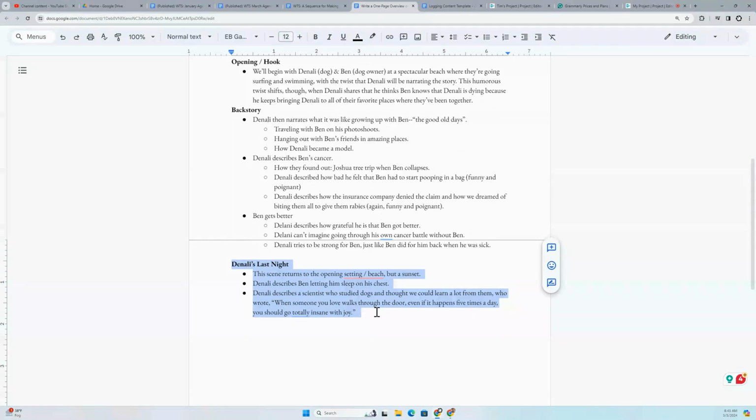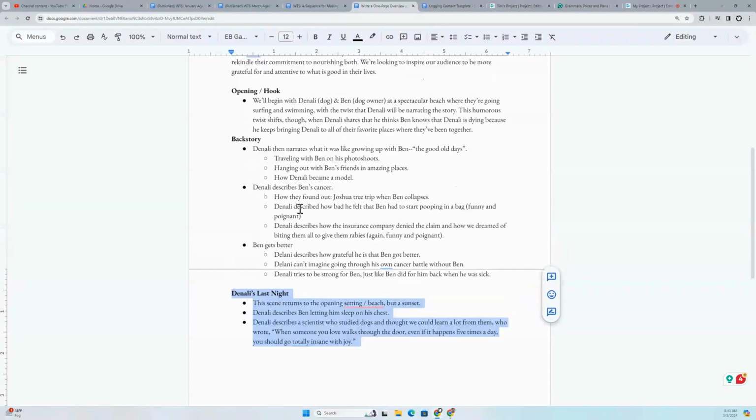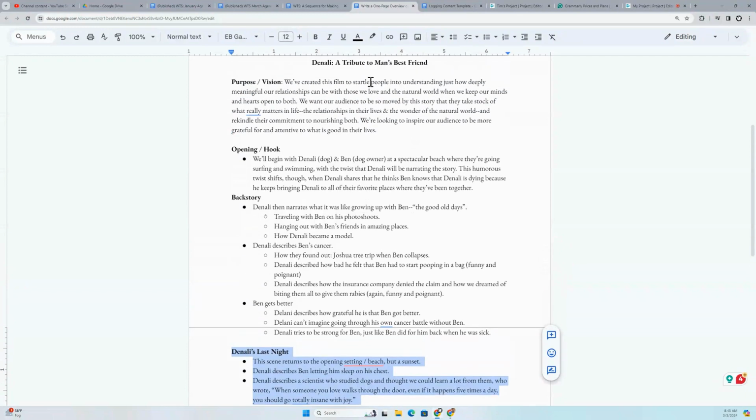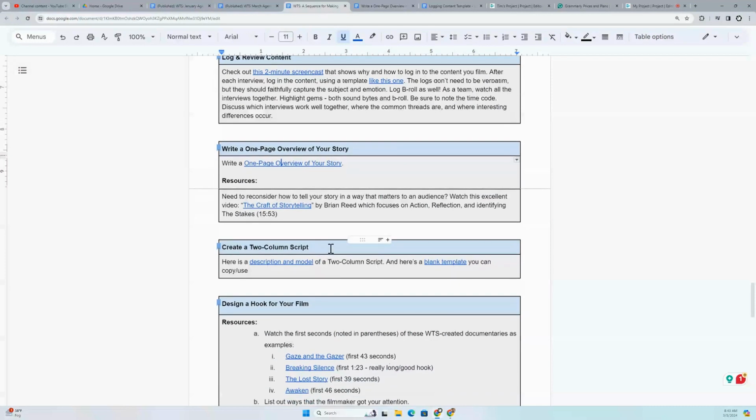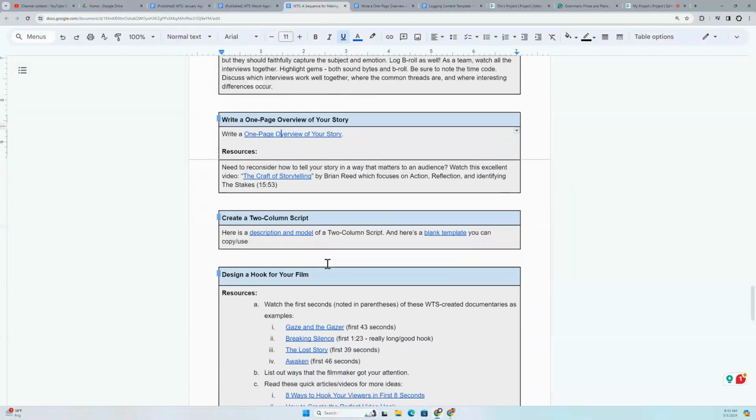So this is pretty bare bones, 1-page. It's hard to call this a script, but at least it's a plan for storytelling. I'm going to show you one final model here. And before I do, there's another link in here under the 1-page overview of your story